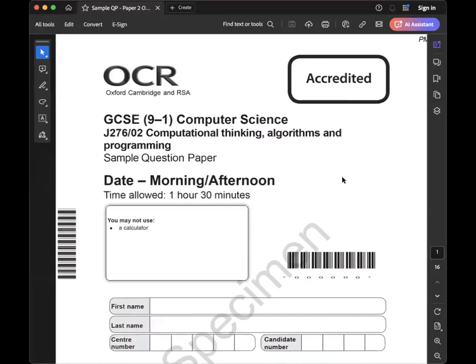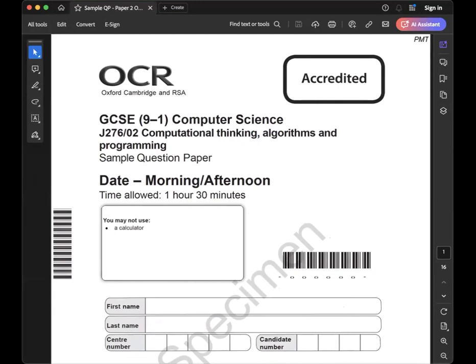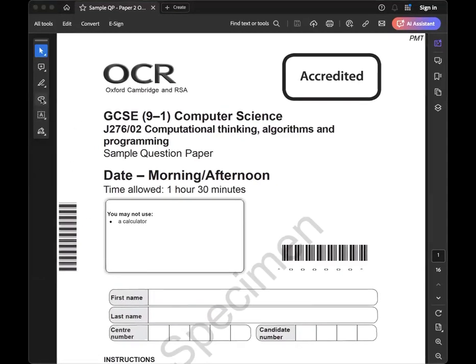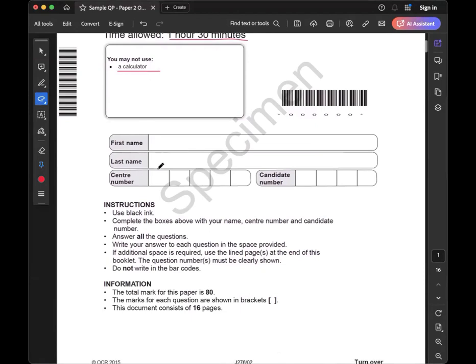Welcome to OCR Computer Science, and we are going to solve our Paper 2, Computational Thinking, Algorithms and Programming. This is a sample question paper. The paper is 1 hour 30 minutes. You cannot use a calculator. You can use black ink, answer all questions, and the total marks for this paper is